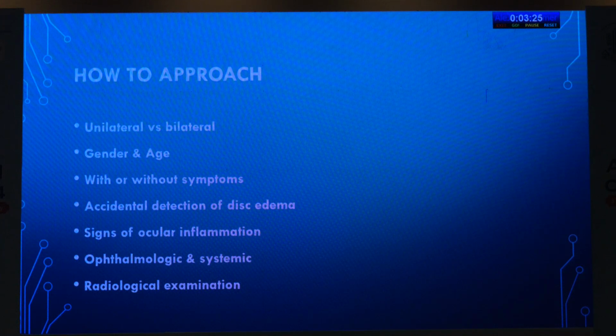Then we have to look for a proper ophthalmologic and systemic examination, like whether the patient is diabetic or hypertensive, that also we will have to look for. Then comes the radiological examination. Once we clinically establish partially that this is a true disc edema or a pseudo disc edema, and whether this is unilateral or bilateral, then we can clinically point out that this may be this, and accordingly we should advise other radiological